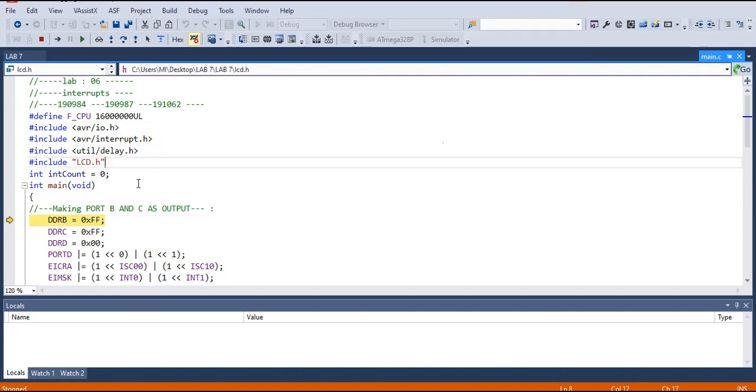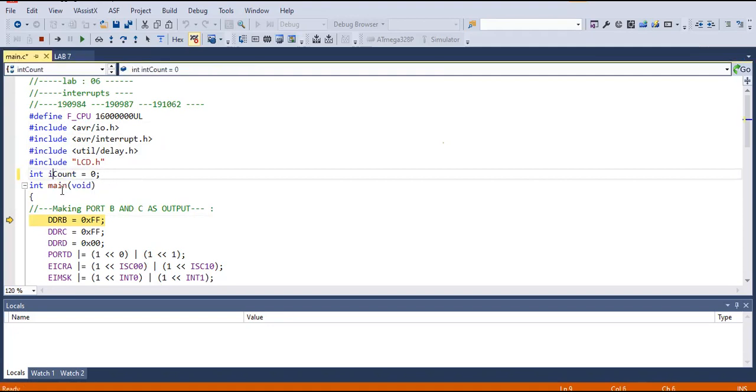First of all, we have declared an integer, in count, as 0. This will count the external interrupt events. The specific purpose of this code is just to call an interrupt. When the button is pressed, it will tell us whether interrupt 0 or interrupt 1 is called. So we have defined DDRB, that is port B, as an output, port C as an output, and port D as an input. Now we have used the mask register and the interrupt control registers. We have used two buttons on port B, pins 0 and 1.